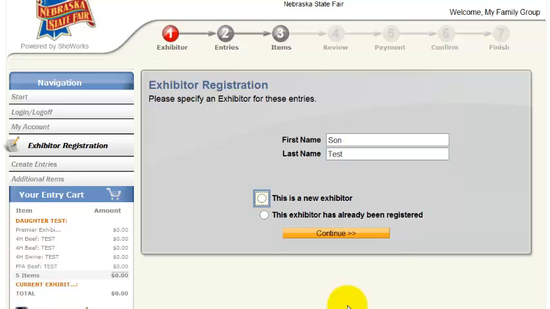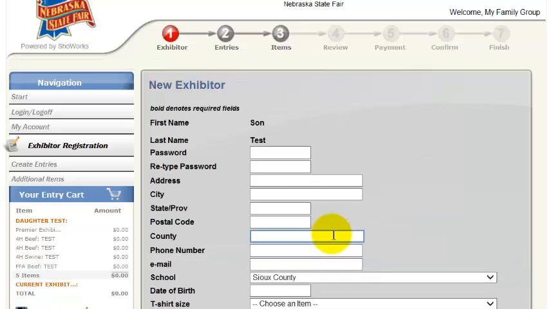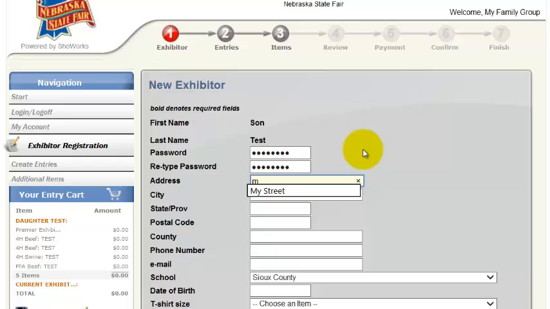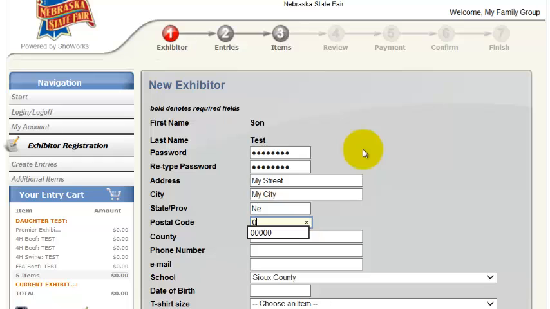We've got to name this exhibitor, and they are a new exhibitor. We have not put them in here previously. So let's continue, and now we have to add all of our exhibitor information for this new exhibitor. Give them a password and retype it. Add your address, city, state, and zip. The county of participation in either the 4-H or the FFA program, or both. Add their phone number, an email,